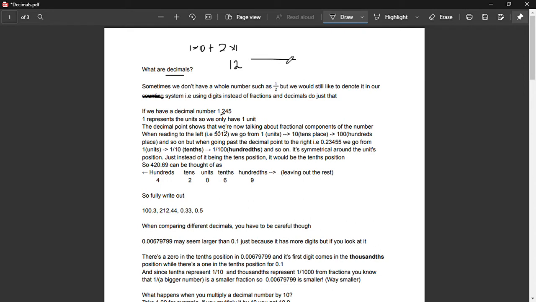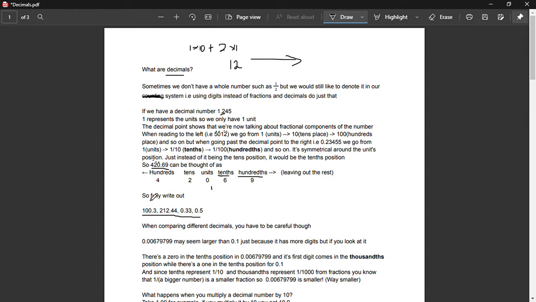When we're going to the right, take like 420.69. We'll have our units, tens, hundreds. When we're going to the right, this becomes our tenths and our hundredths. And going on, you just keep on dividing by 10 as you go. So 1 divided by 10 is just 1 over 10. A tenth divided by 10 is a hundredth, 1 over 100. And when you want to go to the left, you multiply by 10. So a unit times 10 is just a 10, and then 10 times 10 is just 100. So just knowing that, just try fully writing out like 100.3,